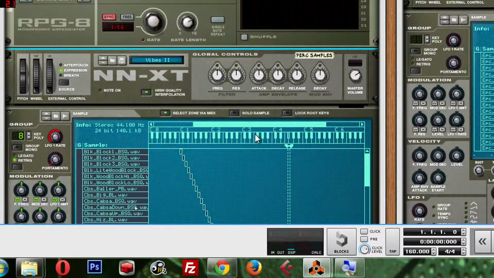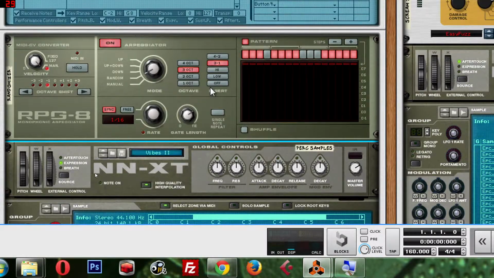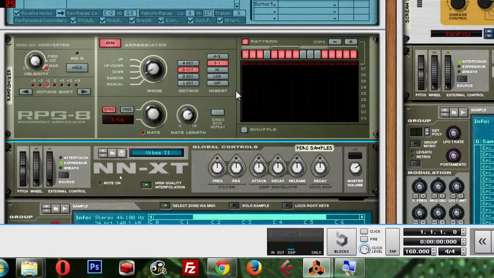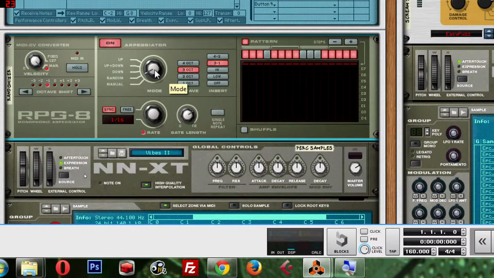And the point of doing that is that this is being fed by an arpeggiator with every note in the scale, so it's going to be hitting every single one of these notes randomly, thanks to the random function of the arpeggiator right here. So if I hit play,